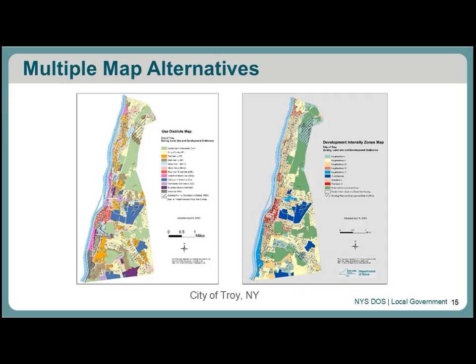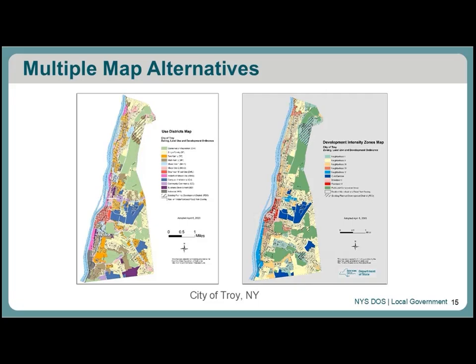And sometimes this is really helpful because you're trying to convey a lot of information. So sometimes it's easier to break it down into different maps. But most likely, in cities it's going to be a little bit more complex in terms of your zoning regulations. But a lot of times in cities and more developed places, you typically have more professional planning staff that might be there to not only support the boards, but also support the zoning administrator, or your professional planner might actually be the zoning administrator.